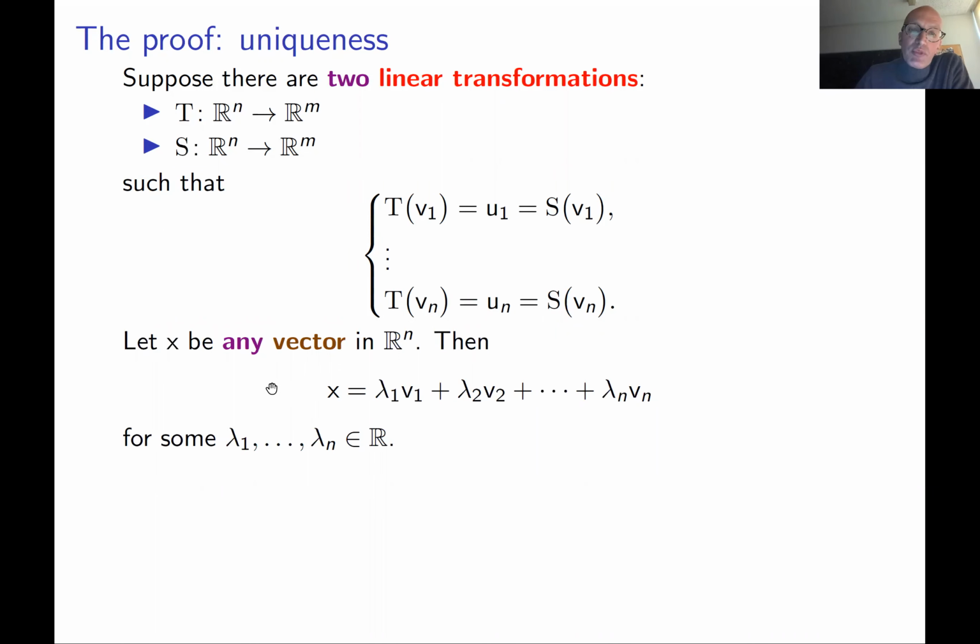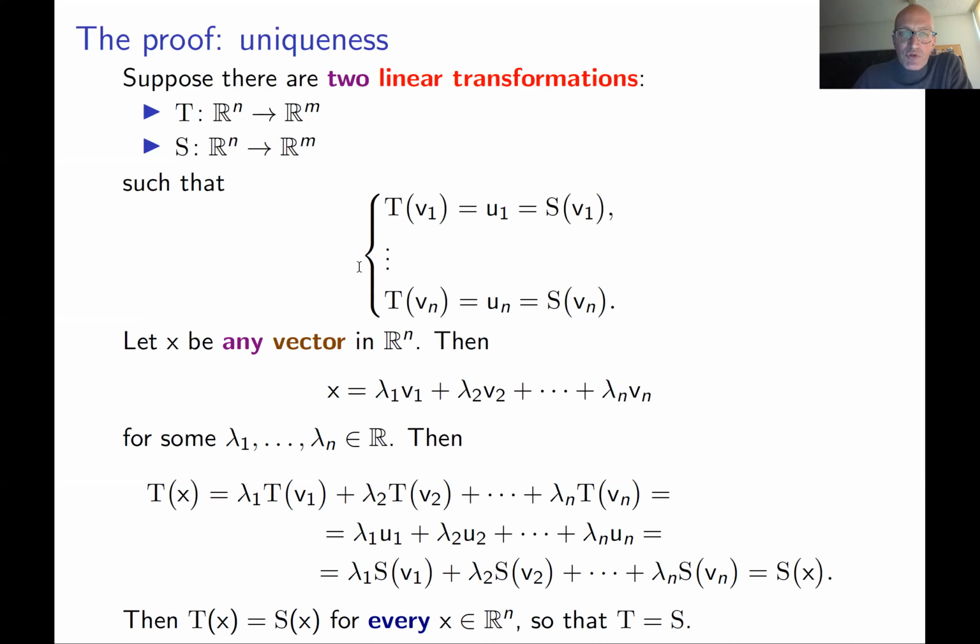Now you apply the linear transformation T to this vector, and S simultaneously. And what do you get? You get T of x using this criterion for being a linear transformation multiple times. So T of x is going to be this linear combination of T of v1, T of v2, ..., T of vn. Here, in this equality, you use the fact that T is linear. Without being linear, this equality is not true.